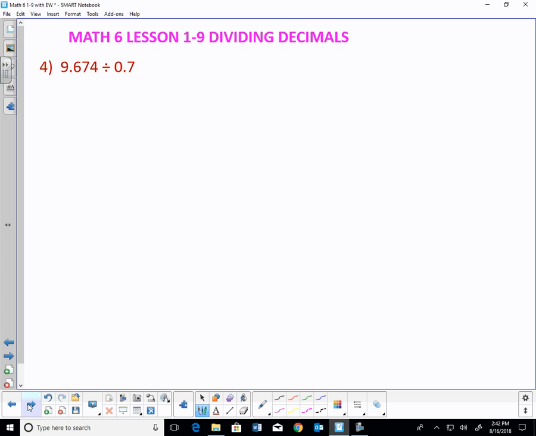9.674 divided by 0.7. Okay, so I have to make my divisor a whole number. This number is my divisor. I need to make it a whole number by multiplying it by 10. Moving the decimal point 1 to the right is the same as multiplying by 10, so I need to do the same thing here. So I now have 7 dividing into